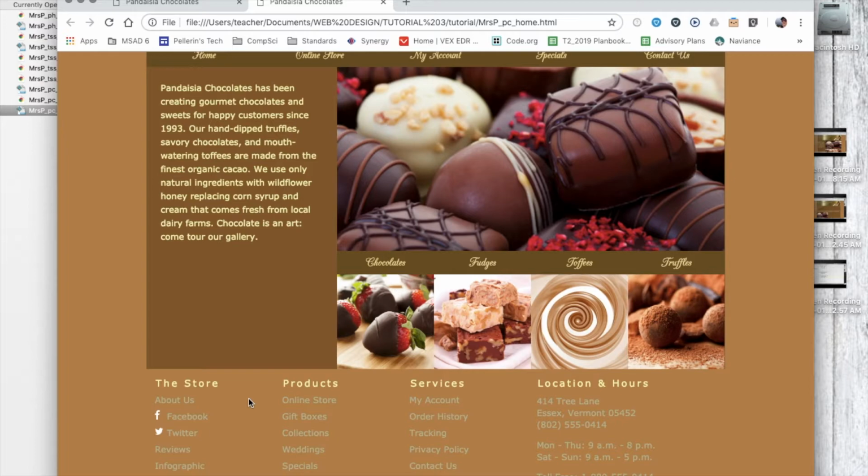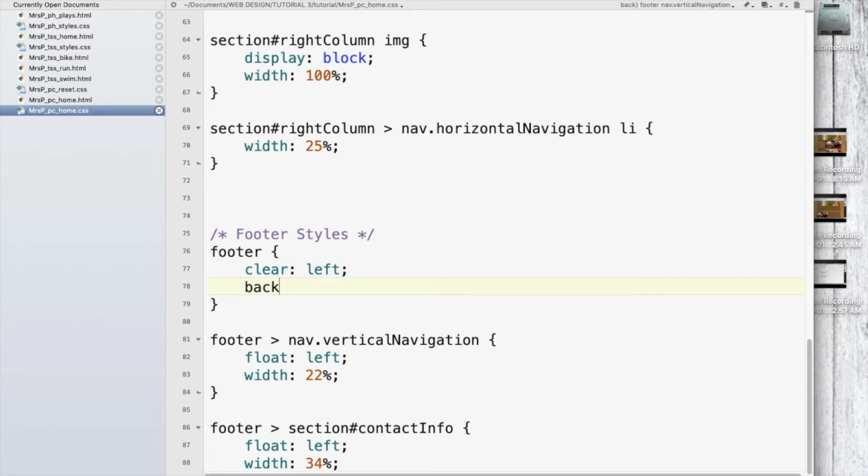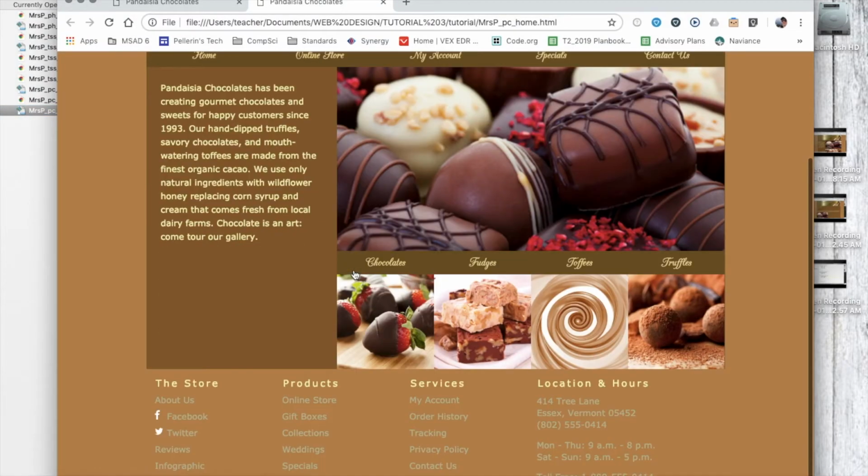So let's go into our footer, and we're going to add the background color. It's RGB of 71, 52, 29. And now if I save that and refresh,